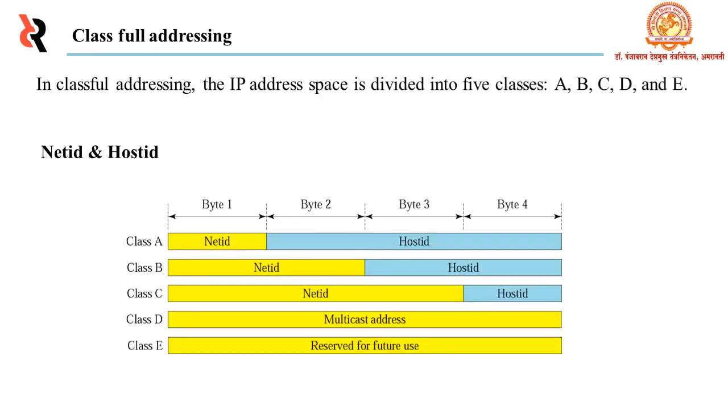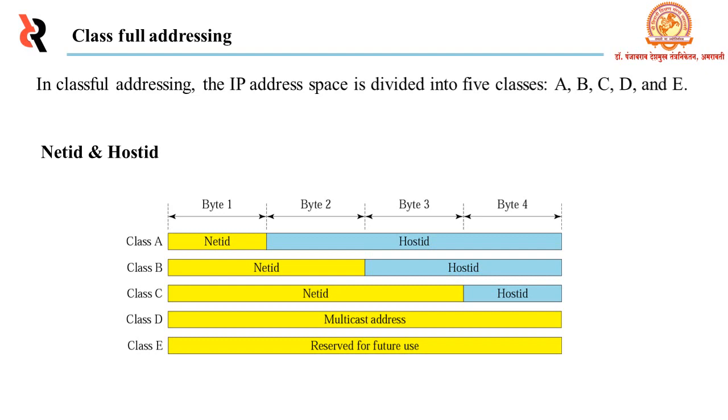Let us see classful addressing. The IP address space is divided into 5 classes. When started a few decades ago, it used the concept of classes. This architecture is called classful addressing. In the mid-1990s, a new architecture called classless addressing was introduced that supersedes the original architecture. In classful addressing, the IP address space is divided into 5 classes: class A, class B, class C, class D, class E.